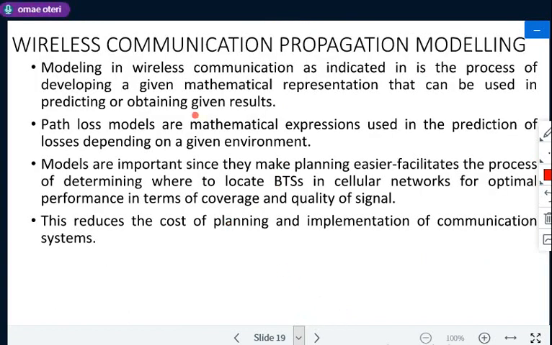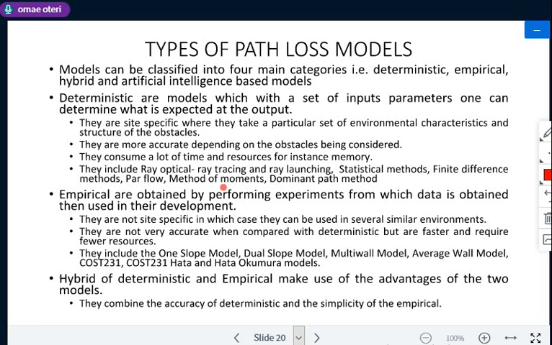So there are some wireless communication propagation modeling concepts which we talk about, which are based on what you have actually discussed. These are able to give us the signals which are received at particular points, depending on the obstacles which are available and also the environment. Many researchers have worked on this, and they have come up with quite a number of formulae which you are able to use for wireless transmission or wireless communication. And those methods,